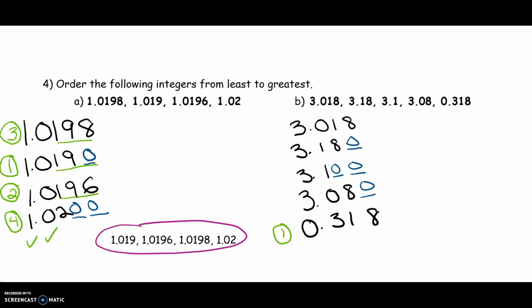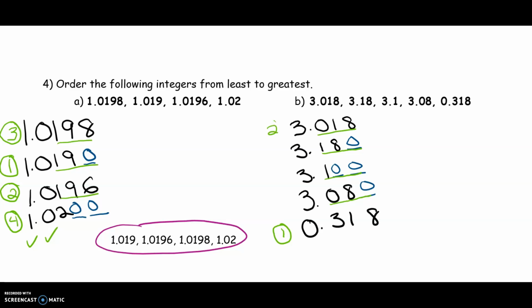As for the remaining values, they all begin with a 3. So all I'm really focused on now is all the values after the tens place. And I'm going to underline each. If we're going from least to greatest, we can look at these numbers like 18, 180, 100, and then 80. So if I'm ordering these values from least to greatest, I know the next number should definitely be